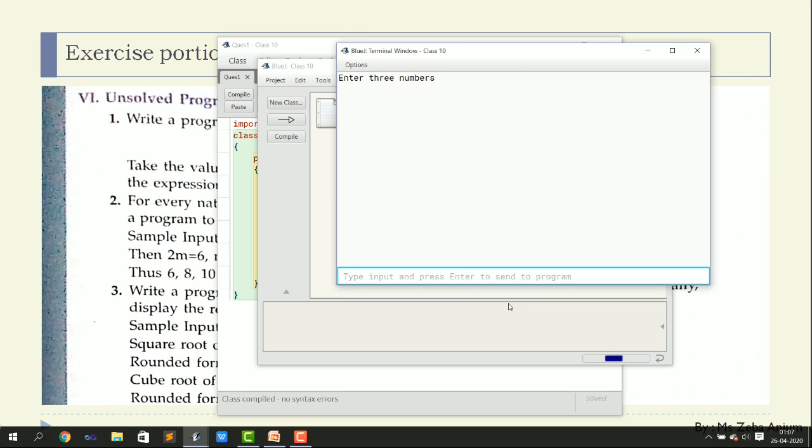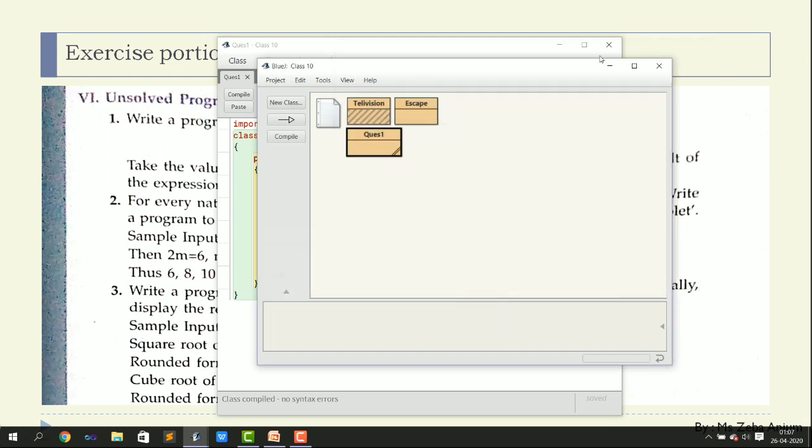Let us assume that the first number that we have entered is 2, the second number is 3, the third number is 4. So you are getting the result 0.25. Basically the result is 0.25, and you can see that it is a double value. Okay, so this is how you are going to do this question.